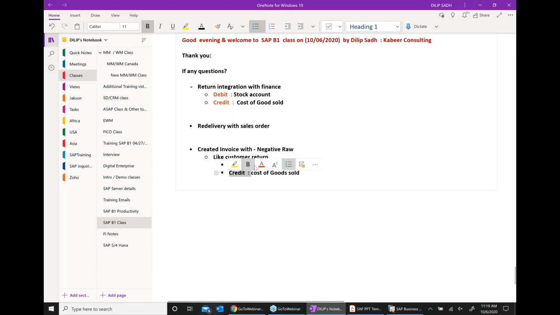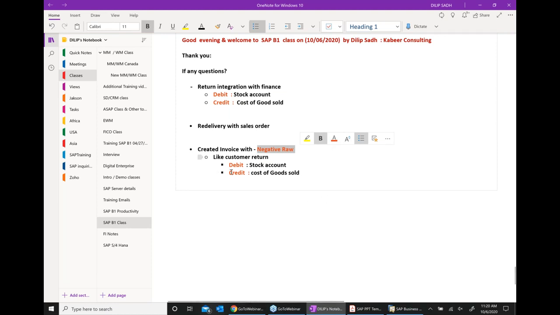This is the entry. Now, if you look at it, these two entries and these two entries are exactly the same. So when you enter the negative row, it acts like a customer return.